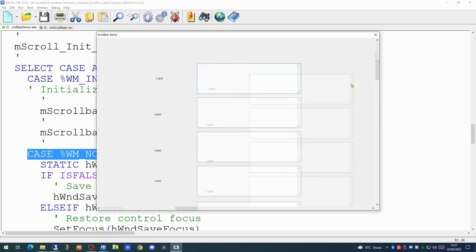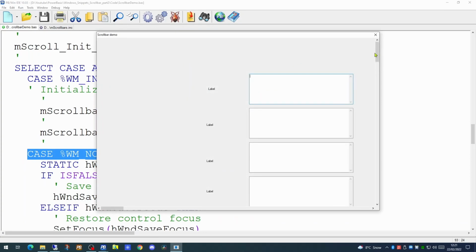So what we've done today is we've taken a large amount of code in our main basic file. We've moved that into a macro include file and added that include file as an include at the beginning of our main code file. This keeps the amount of code in the main code file to a minimum and makes it very easy to add this to other applications, now that this is effectively a library.